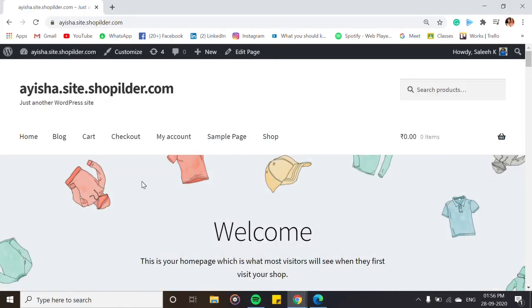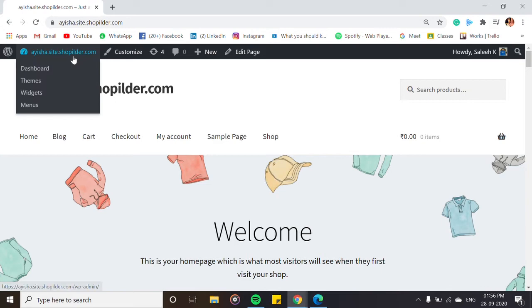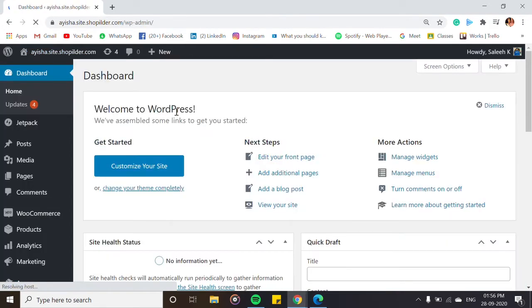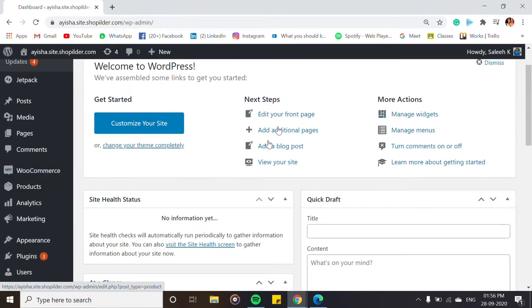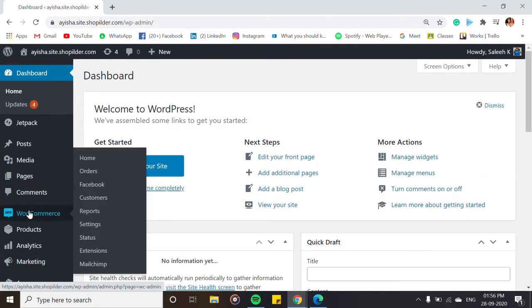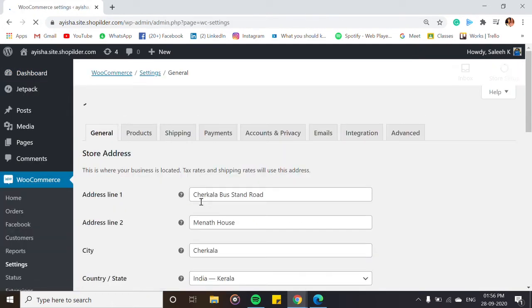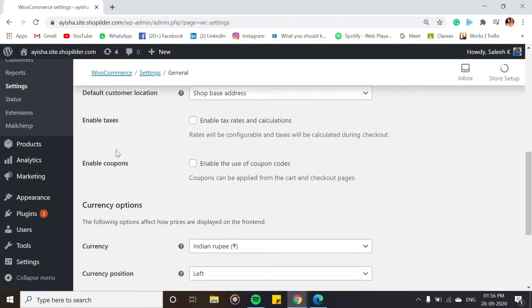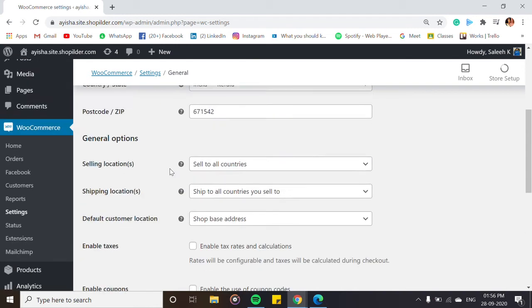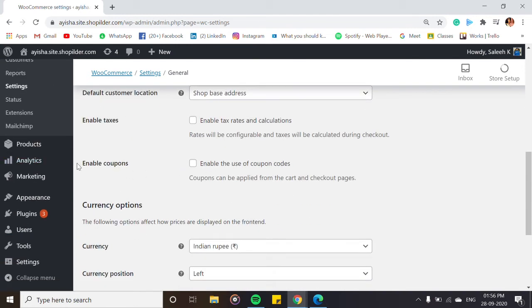Here is my admin page. Let's go to the dashboard. You need to click on WooCommerce and then Settings. When this opens, you go down, and in the lower part you can see that enable coupons is not enabled.